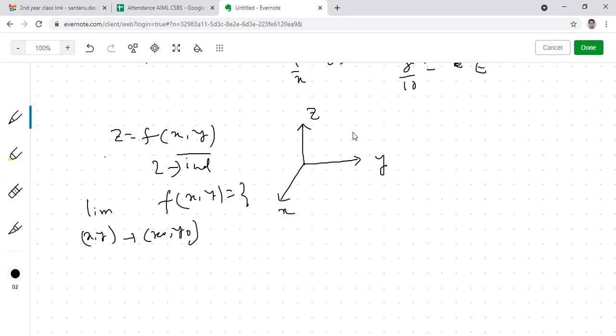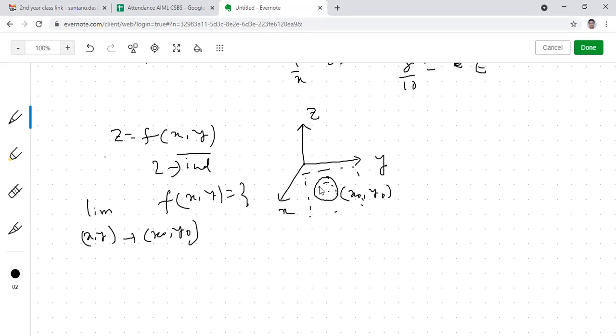So here the independent variable, unlike the previous case, will not be a one-dimensional point. Rather, this point will be a two-dimensional point, so it will exist in the xy plane, say (x0, y0). We need to take a neighborhood around this point to find the nearer points, to approach this point from the nearer points. Since this is a two-dimensional point, I can't take just any interval, because if I take this interval I'll be missing the other nearer points. So I need to take a closed neighborhood: either a circular neighborhood, a rectangular neighborhood, or a square neighborhood around this point.